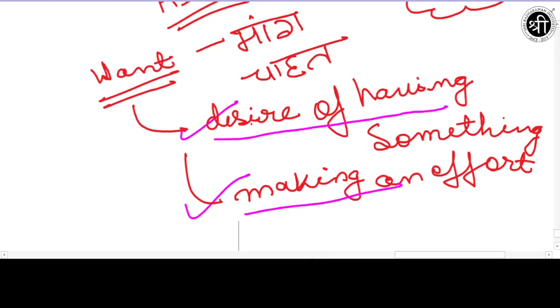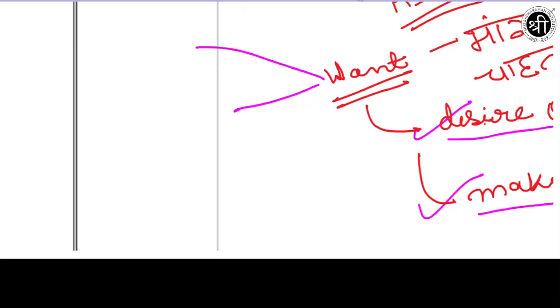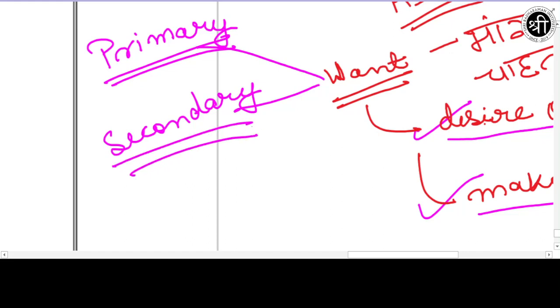Now if we talk about wants, how many types of wants do human beings have? We will come to know about mainly two types of wants, and apart from these two, there are two subheading wants also. The first kind of want is the primary want or the basic want, and the second one is going to be the secondary want. So we have mainly two types of wants. One is the primary want and the second one is the secondary want. Now what is the meaning of primary want and what is the meaning of secondary want?